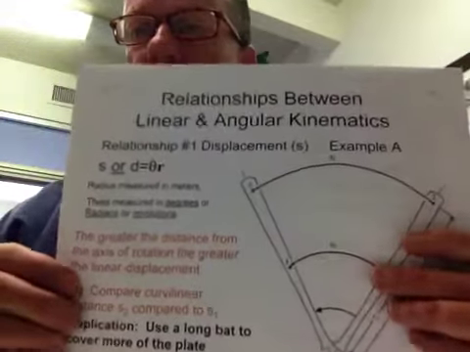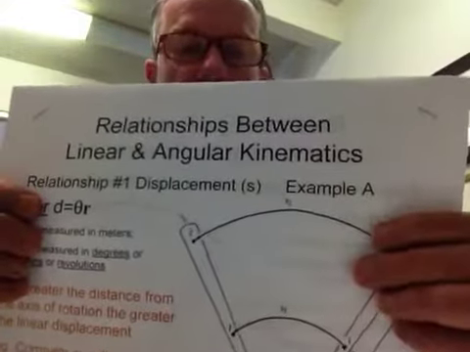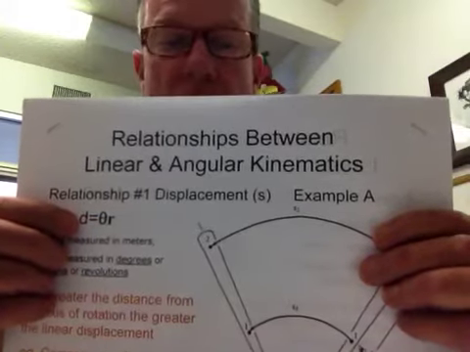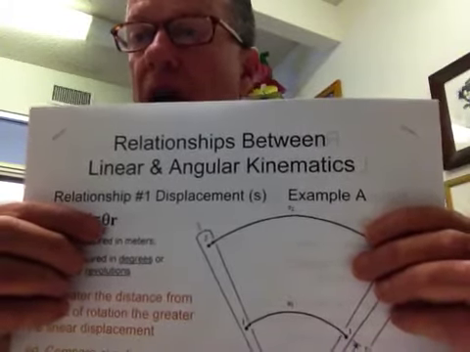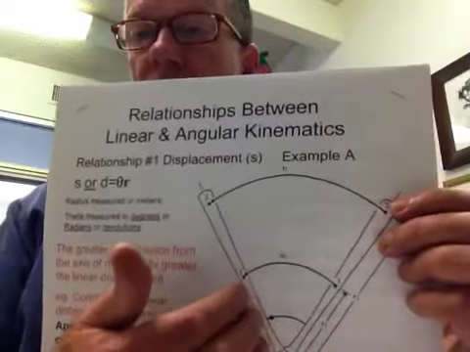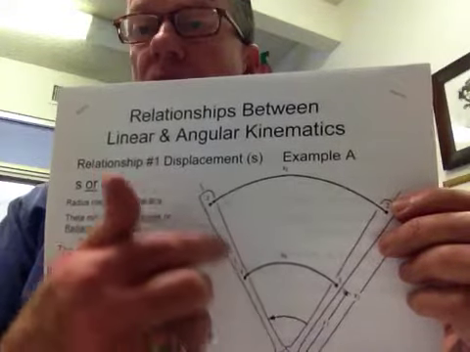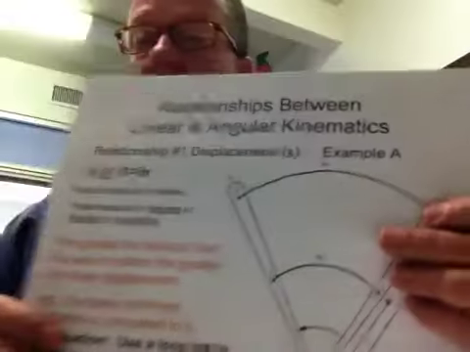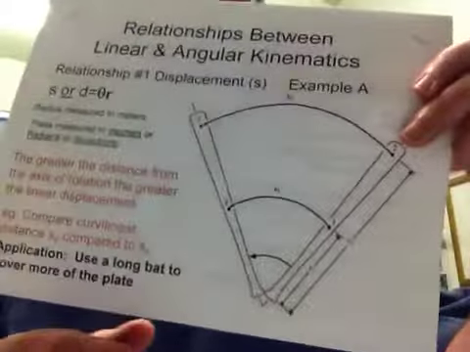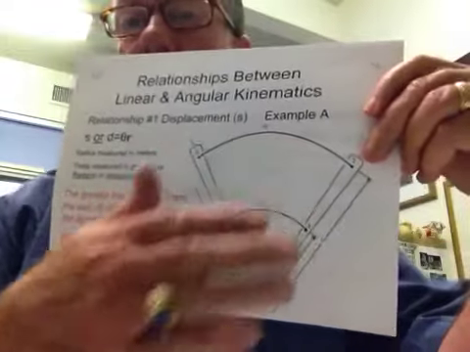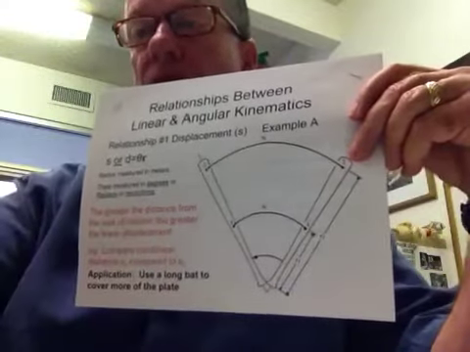And so what is the application of this? To interpret this, displacement equals theta times radius. You're going to have a bigger d if you have an angle times a longer radius. A way to look at this is, if for our consideration the angle is held constant, the farther you are away on the bat, the greater the displacement. Well, what's the application? For a baseball or a softball hitter, the longer bat that you use, the greater linear displacement. And so in baseball parlance, you can cover the outside part of the plate because you have greater linear